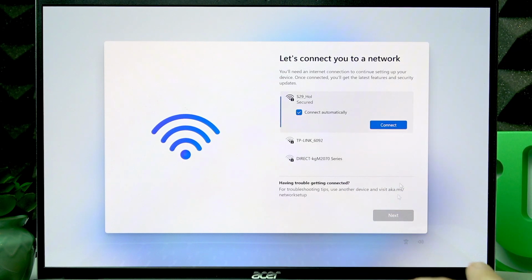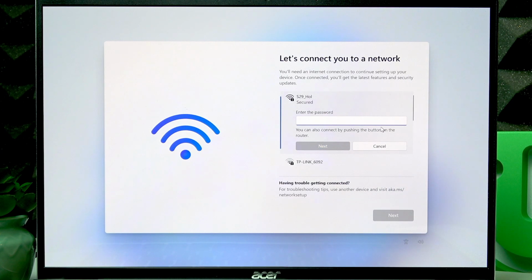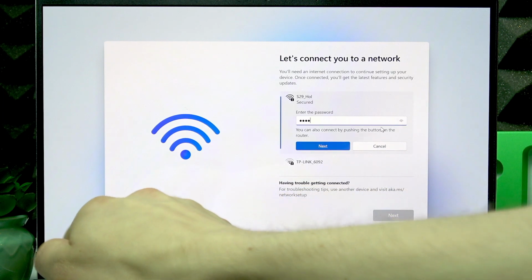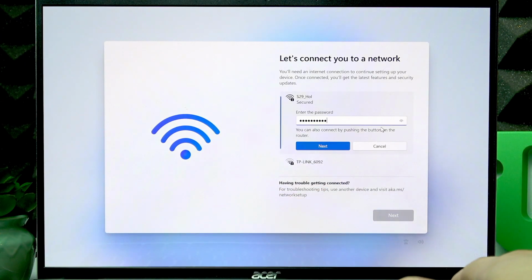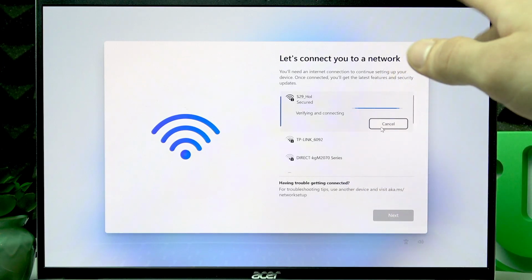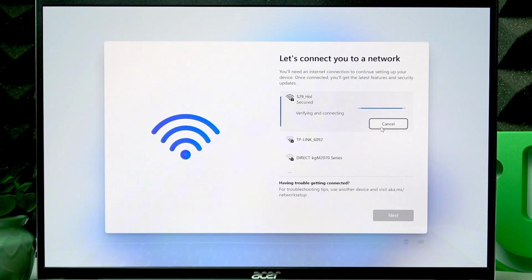Then connect to a Wi-Fi network. Select one on the list. Enter the password. Then press enter, and if you don't have any available networks, instead you see the install driver button right here,